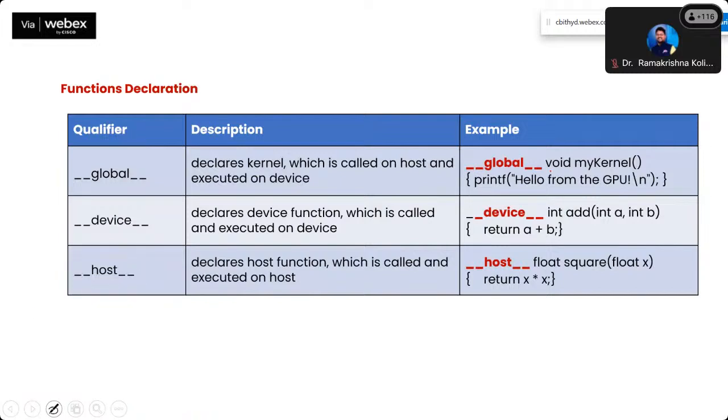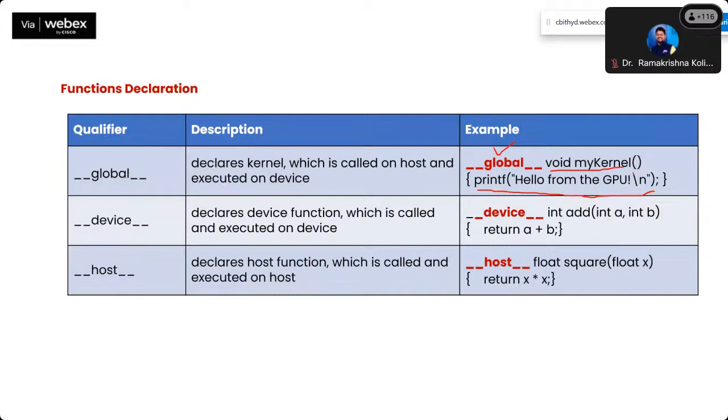So you can see here this is a simple C function, right? And within this function I am writing "hello world from GPU". Till now this is a CPU function, but just add the __global__ qualifier in front of it, and it becomes the GPU function, right? So this __global__ qualifier is indicating that this kernel function will be called on the host